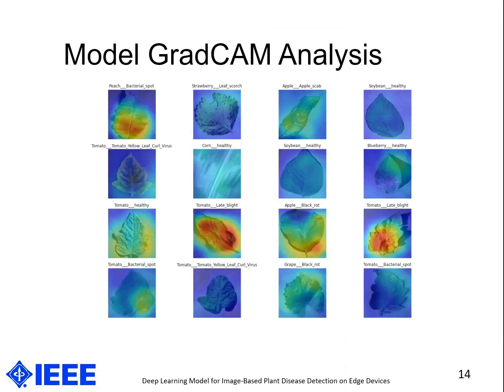We also did some data visualization where we did Guided Grad-CAM analysis. In case of plant disease classification, Grad-CAM will help us understand which part of the image the CNN relies on for classifying the image. This will also tell us that the model is actually learning relevant features from the image.